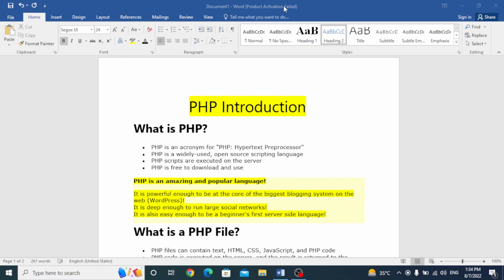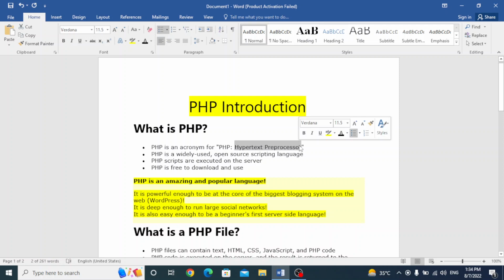I have written something for you in my Word file. That is the PHP introduction. First of all, what is PHP? What does it stand for? PHP basically stands for Hypertext Preprocessor. It is basically a scripting language, and if we want to execute a script, we must